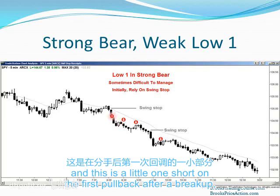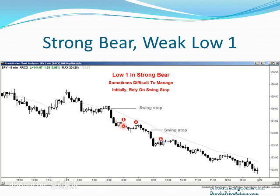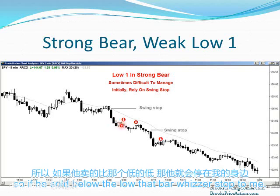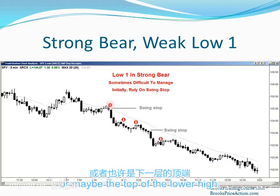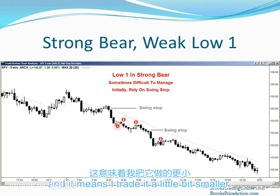The first pullback after a breakout, I think, is a fairly high probability trade, and in general, I would go for at least 2 times my risk. So if you sold below the low of that bar, where's your stop? To me, if I'm taking this trade, my stop is going to be above the high of the bear spike, maybe the breakout bar here, or maybe the top of the lower high. So my initial stop is going to be the swing stop up here,